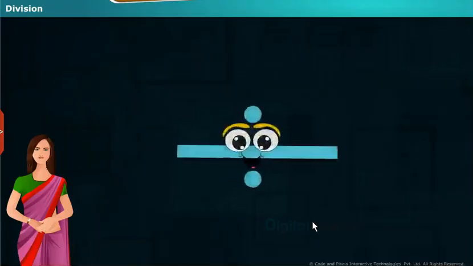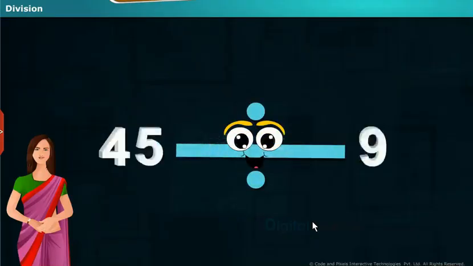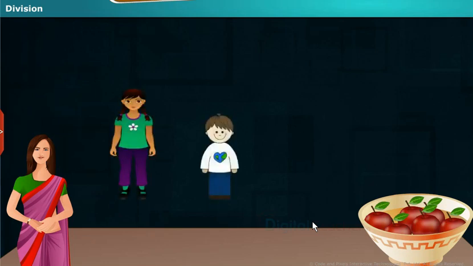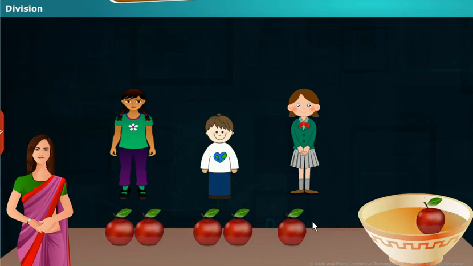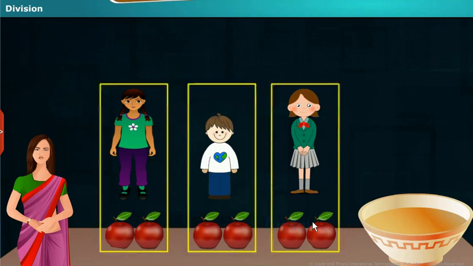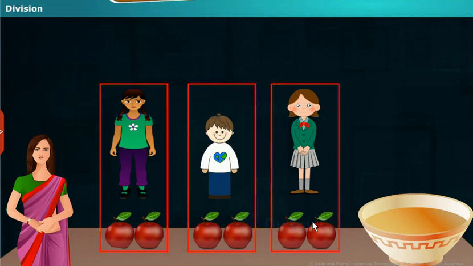Hello children, here we can see the division of one number by another. Children, we have to distribute 6 apples equally among 3 children. For dividing these 6 apples, distribute them equally among the children. Here, each child gets 2 apples when we distribute 6 apples to 3 children. Mathematically, it means each child got 2 apples after dividing 6 apples by 3.